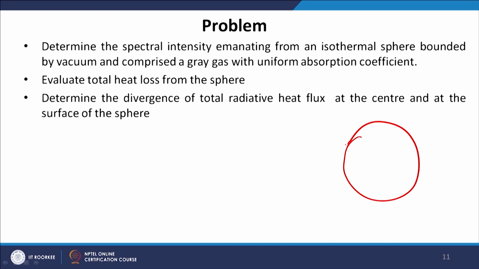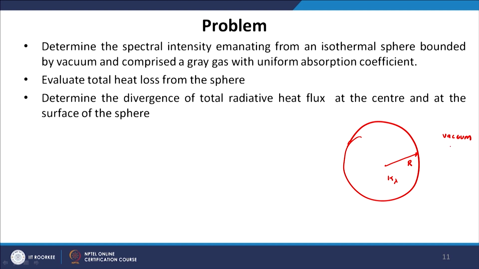So, we will do one problem, and this problem will clarify most of the concepts that we have learned so far on the equation of radiative transfer. What we have in this problem is basically a sphere. The radius of this sphere is r, and the sphere is filled with some gas with absorption coefficient kappa lambda. Outside the sphere is vacuum,